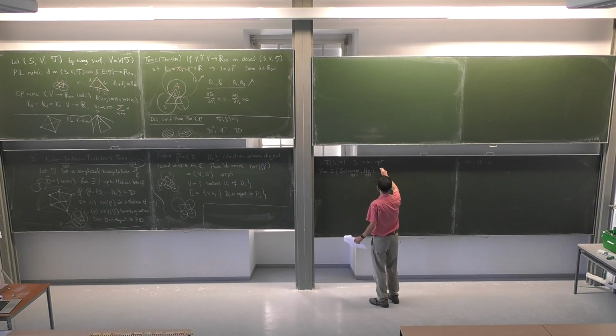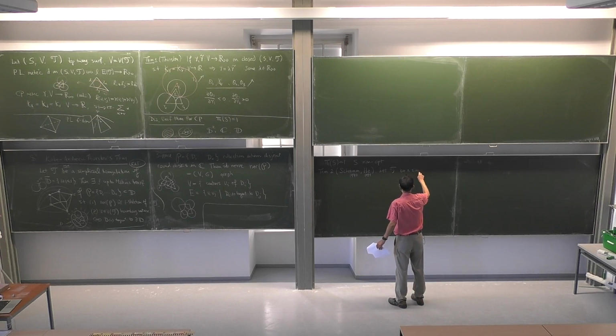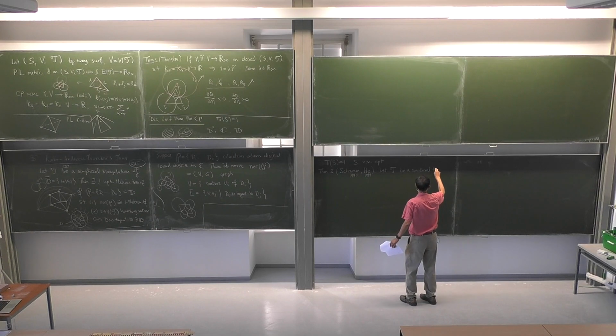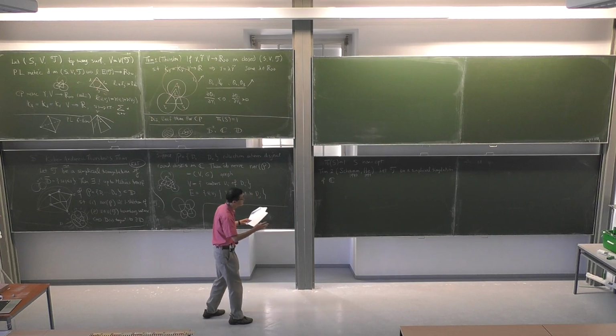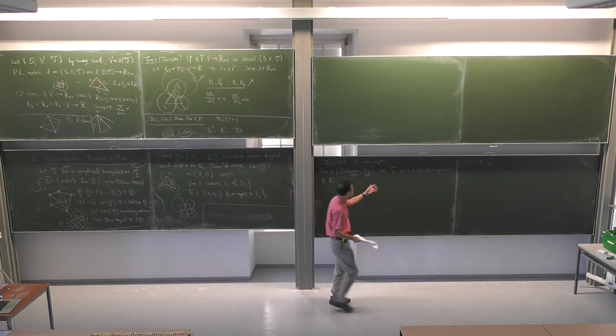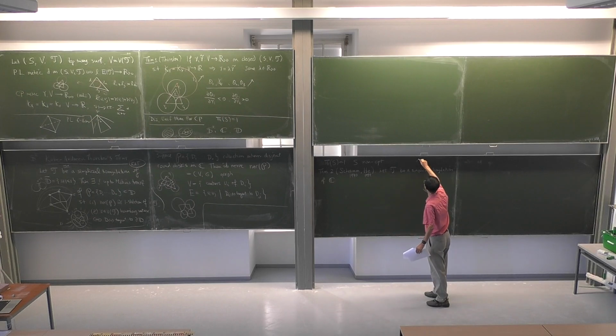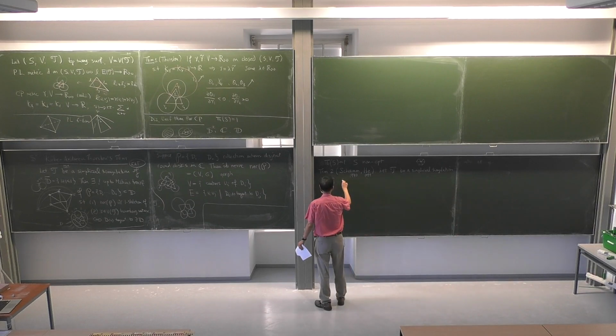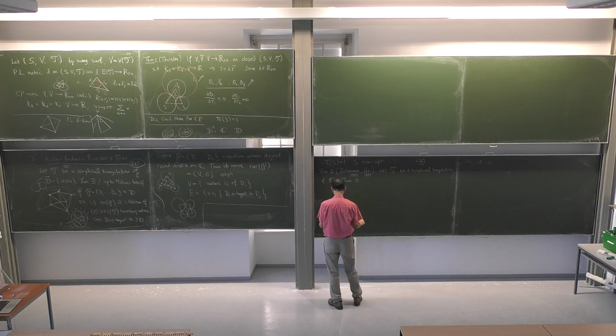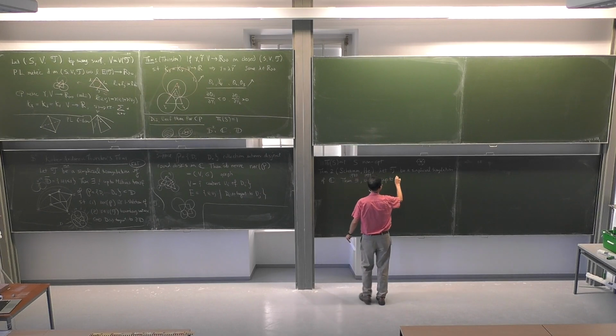So here is the statement. Let T be again a simplicial triangulation, a topological triangulation of the complex plane. This is the infinite triangulation. The simplest one is of course the regular hexagonal triangulation of the plane, where the degree of every vertex is 6. Then the statement is that there exists, and in fact it is also unique up to Möbius transformation,